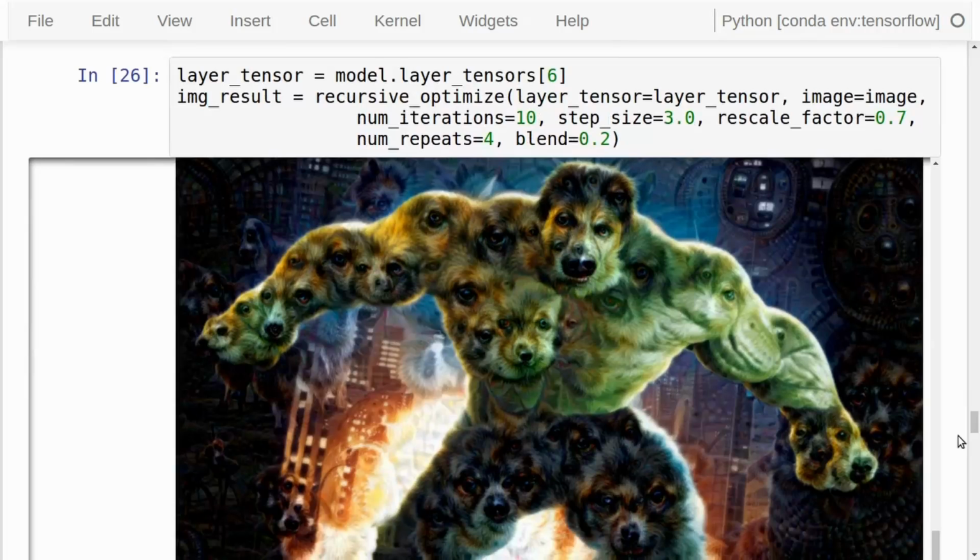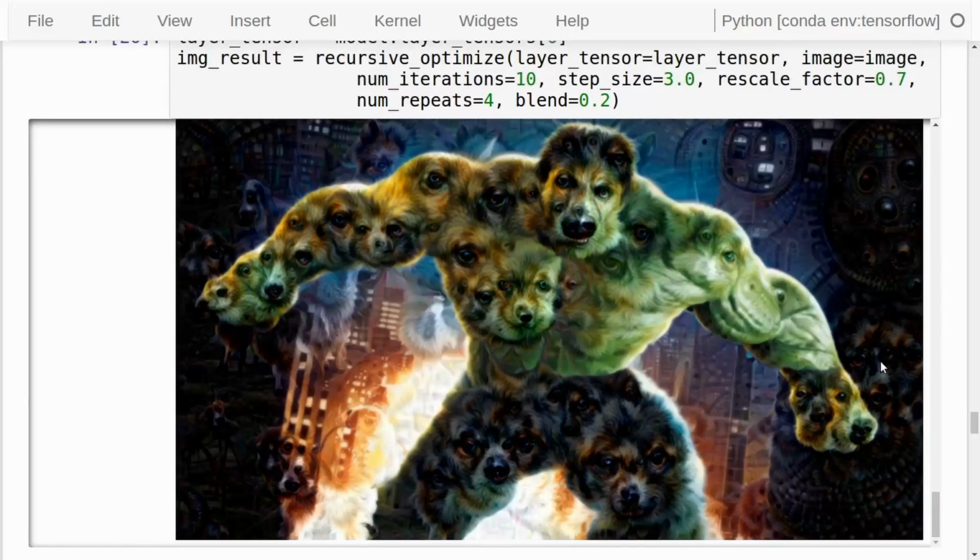So we can do the same process, but we can use a higher layer in the inception model. So here we have the 7th layer indexed by the number 6. And otherwise, it's exactly the same that we're doing. So this layer of the inception model apparently likes to see dog faces and eyes and fur and some weird abstract patterns. So what happens is that the DeepDream algorithm sees traces or hints of these patterns,